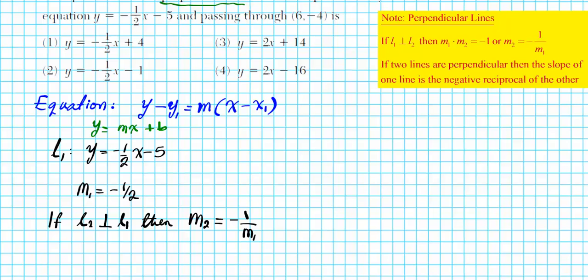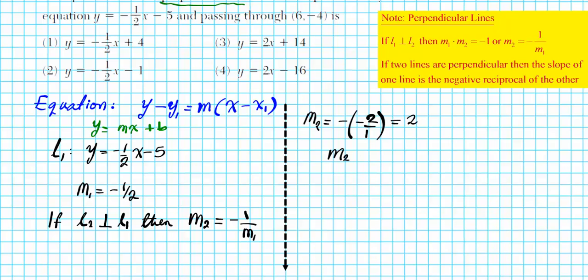All right, so let's determine what the slope of the second line is. All we just do is reciprocate the slope of the first line, m1, and take the opposite of that. So m2 is going to be the negative reciprocal. What is the reciprocal of negative 1/2? The reciprocal of negative 1/2 is negative 2/1. Remember, when you reciprocate a number, nothing happens to the sign. And when you multiply it across, slash and dash, you end up with positive 2, so that's the slope of